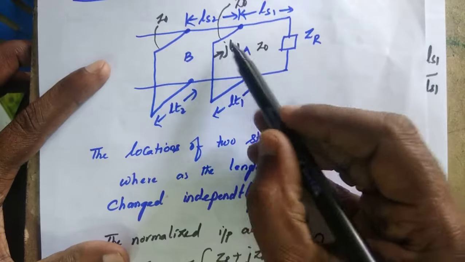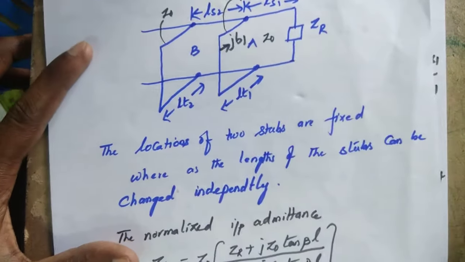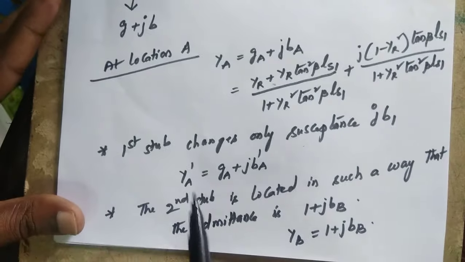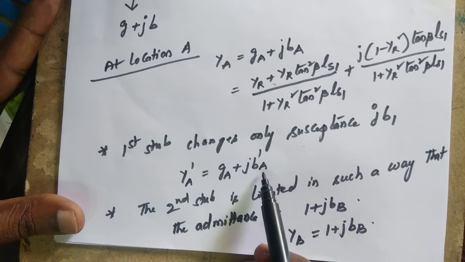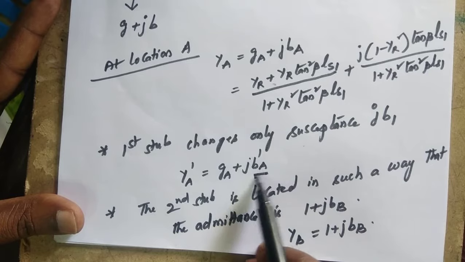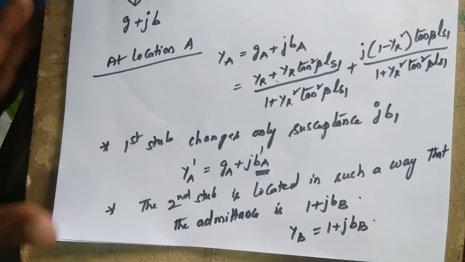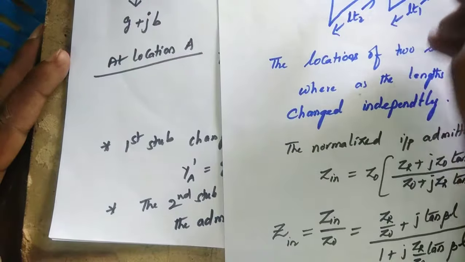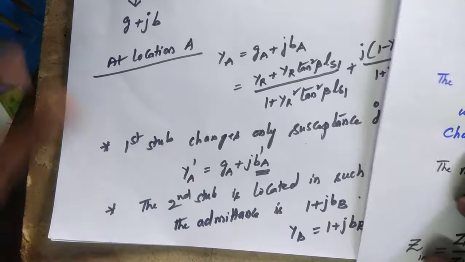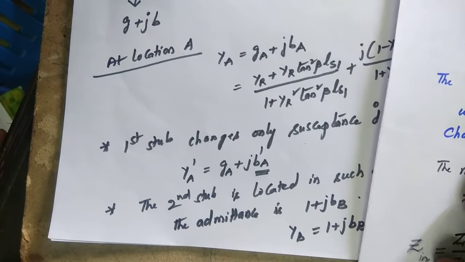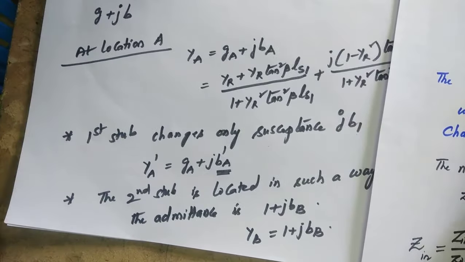So after adding this jB1 to the admittance, YA dash is equal to GA plus jBA dash, where the susceptance changes. And at this position, YA dash is nothing but GA plus jBA dash, and the second stub is located in such a way that